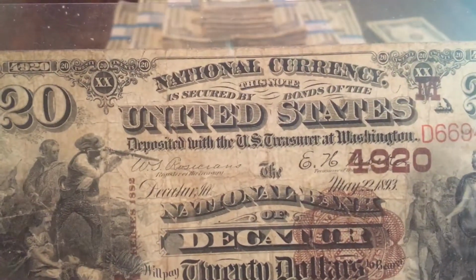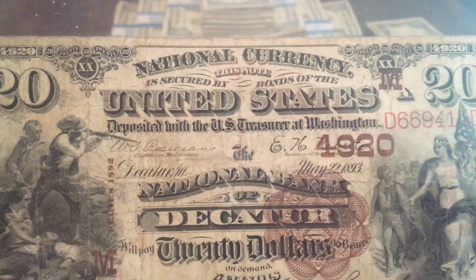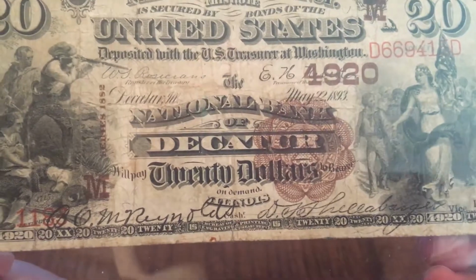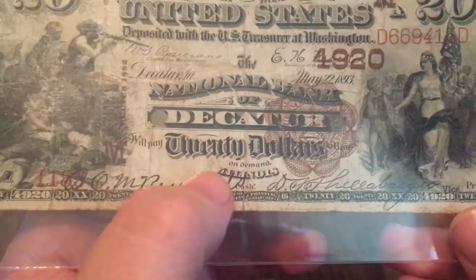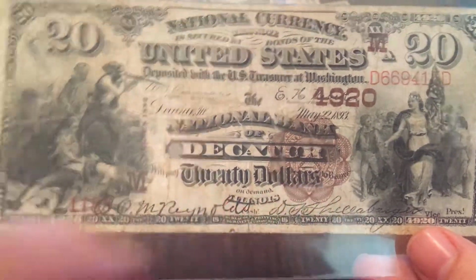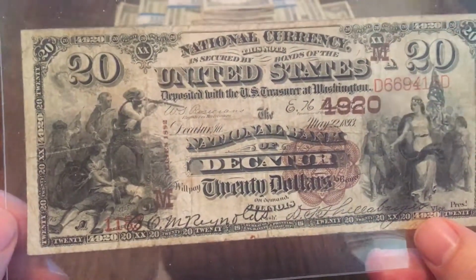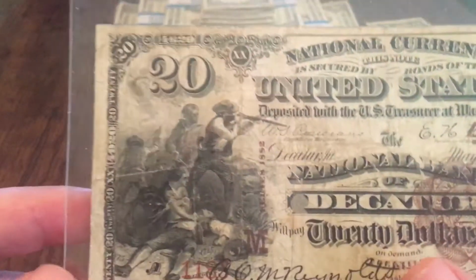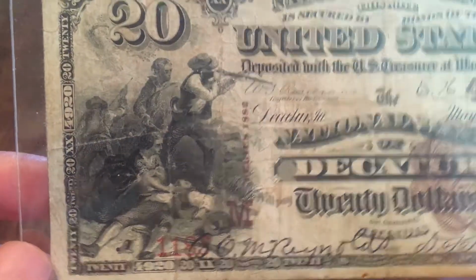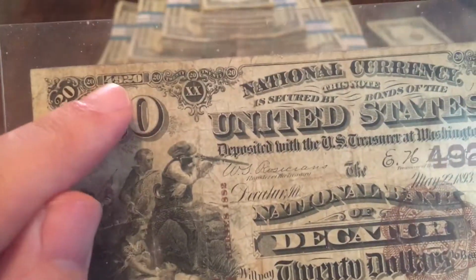So it's national currency. This note secured by bonds of the United States deposited with the U.S. Treasurer at Washington. The National Bank of Decatur will pay $20 on demand. And like I said, these were national banknotes. These weren't just for a particular state. This one happens to be Illinois, so it does say Illinois on the back. This side here, this is a depiction of the Battle of Lexington. That's what the Friedberg book was saying. Battle of Lexington, sorry. Once again, as I zoom in, you can see that charter number is plastered everywhere. 4920, 4920,